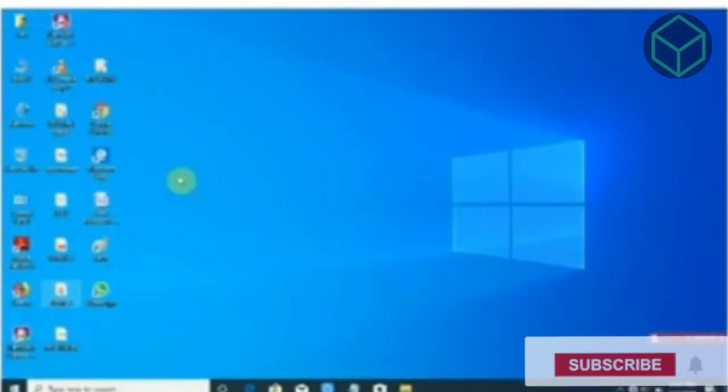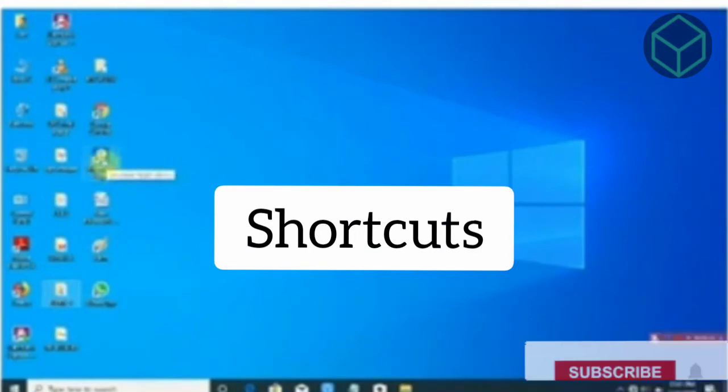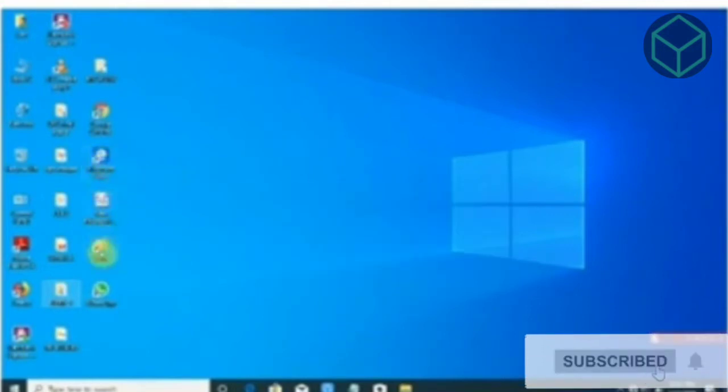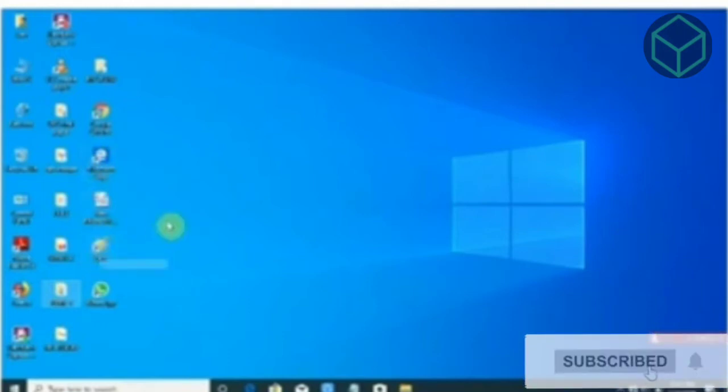Next is shortcuts. What is a shortcut? You can see here I have created a shortcut icon for showing you. See, I have created one of MS Paint. These objects are linked to the files, folders or programs stored at some other location. These are represented by the icon having a jump arrow at its lower left corner.